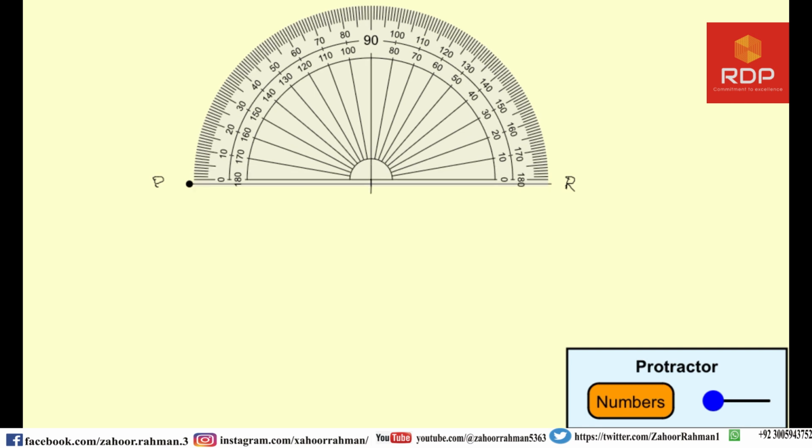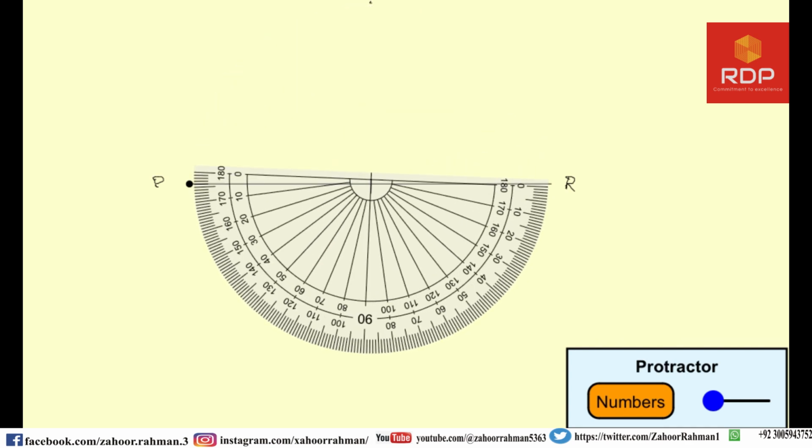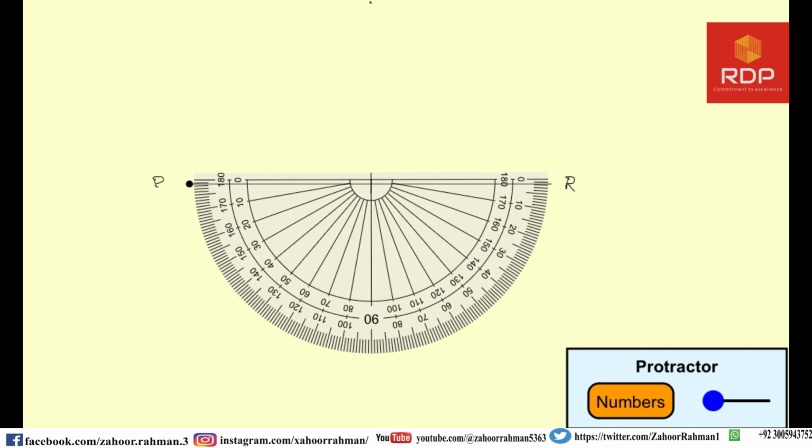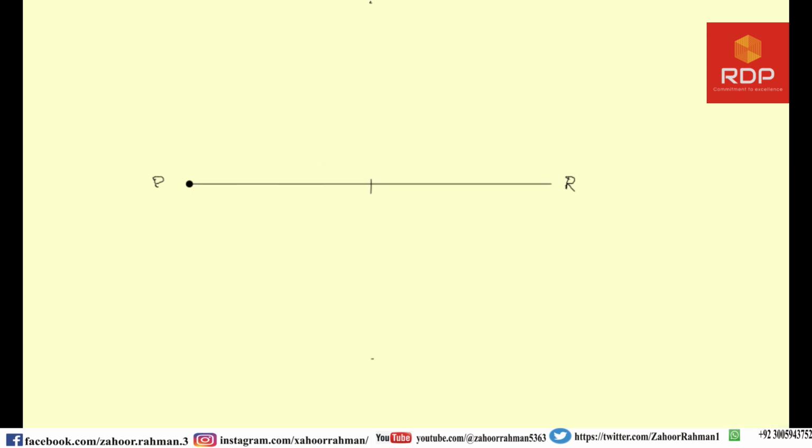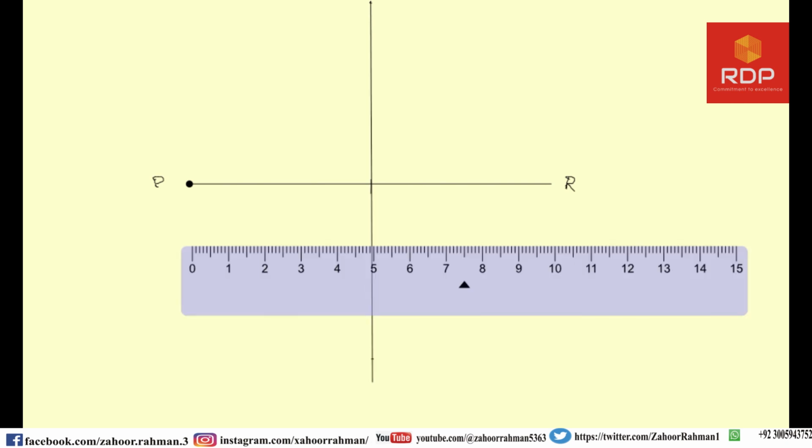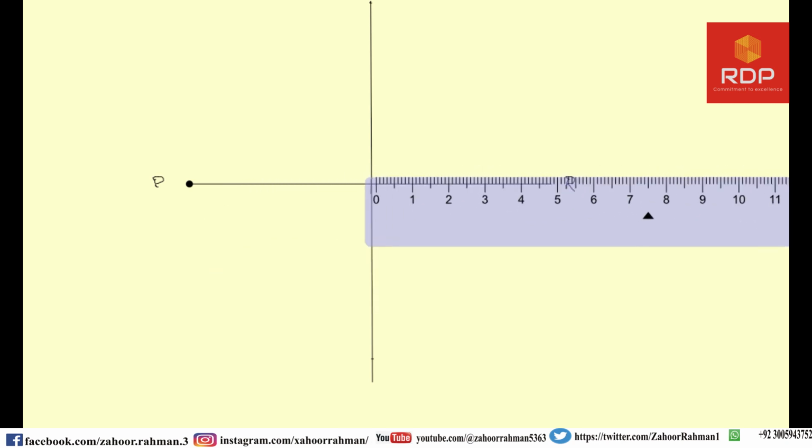So this perpendicular bisector will be at 90-degree. Let me make it here, and also 90-degree on this side as well, and then connect these two lines like this. Cut it off 5 centimeter, so this will also be 5 centimeter,